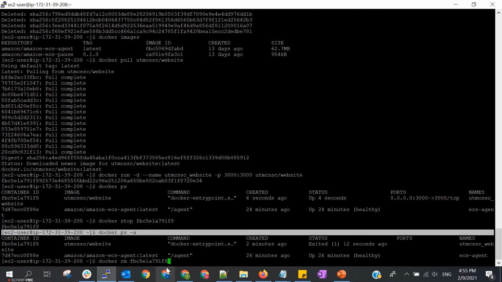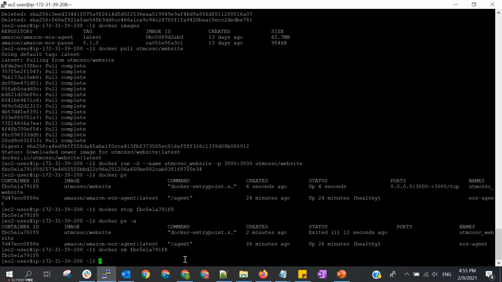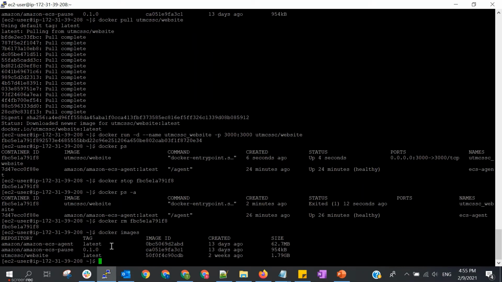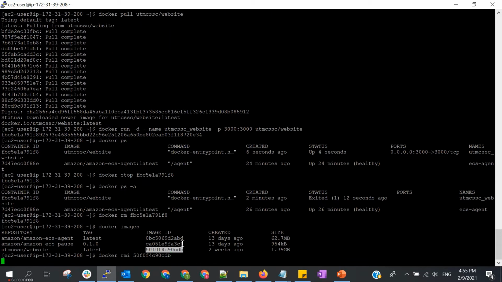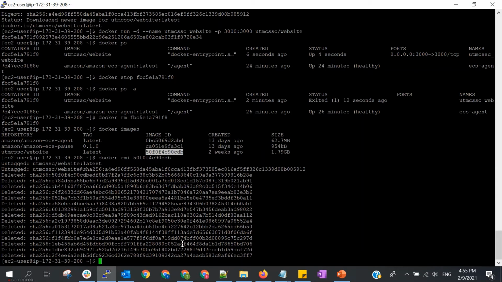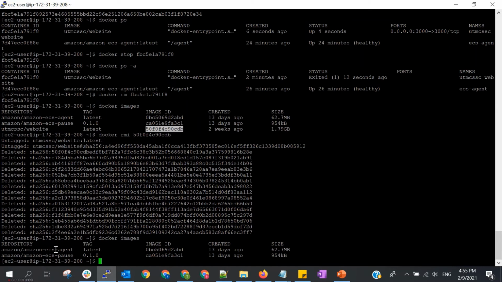After stopping, now let's delete the container. Okay, and let's also clean up the image. So this is the image, using docker rmi image ID. Okay, now deleted. If we want to check again, docker images, now only the default images are left, ECS agent and ECS pause. Okay, those are all the basic Docker commands.